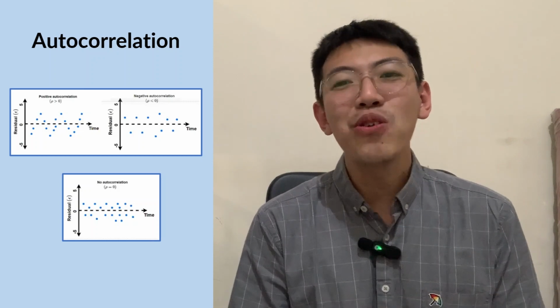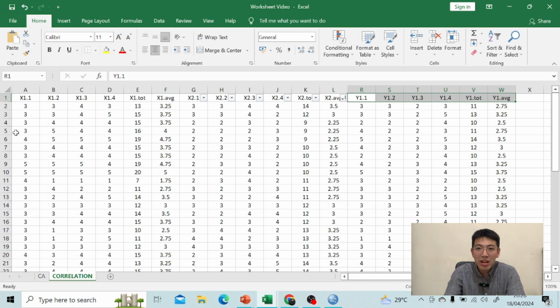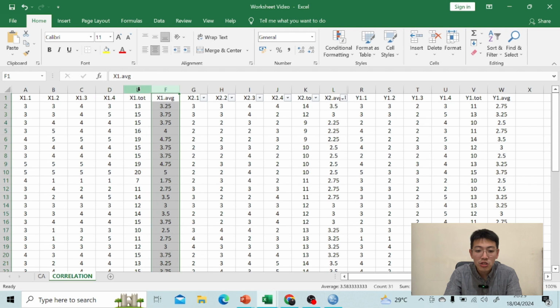The question is that how to conduct normality test in SPSS. Let's try together. So let's try to run normality test in SPSS. So I have data here from 3 variables x1, x2, and also y1. x1 and x2 will be the independent variable, while y1 will be the dependent variables. If you see here, there are several indicators or question. It means the variable is the latent variable. Okay? For latent variable, we have to find the average. So we need to find the x1 average, x2 average, y1 average.